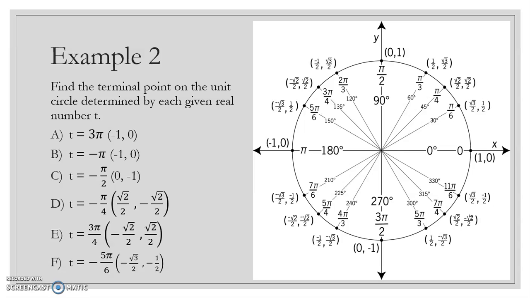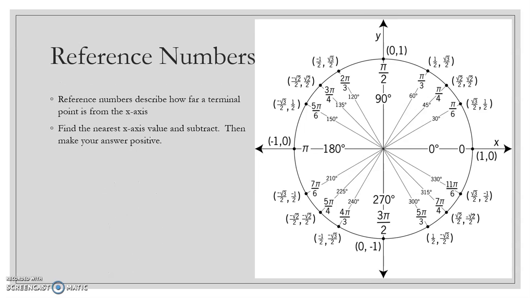Next, we're going to talk about what a reference number is. Reference numbers describe how far a terminal point is from the x-axis. Now, in this case, for reference numbers, we're using all of the radian measures here. And all you do is you find the nearest x-axis value and subtract your radian measure from it, and then